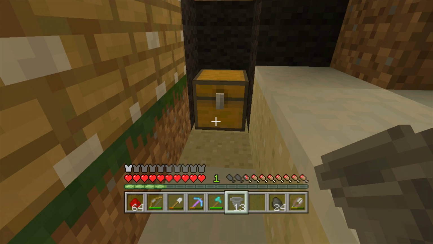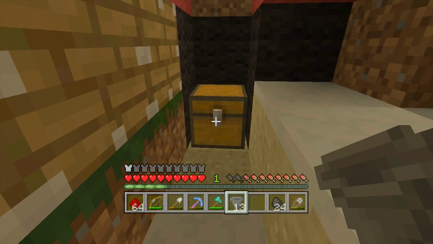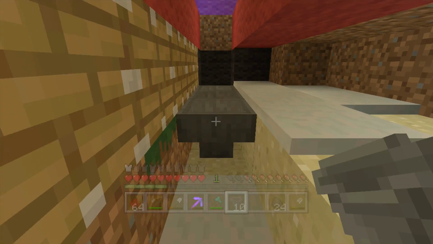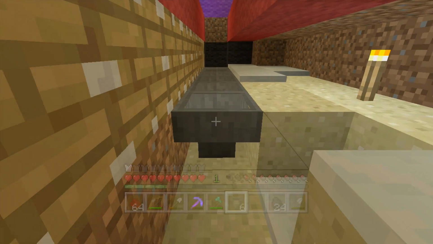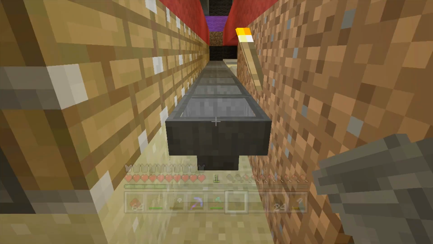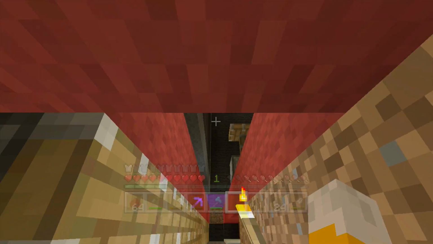to do a hopper. And so what I need to do is I need to crouch, I need to face the chest, and then when I place it, you can see it's kind of targeting into the chest. Then I just need to do the exact same thing in a row the entire way along here like this. And what this means is that if I put anything into any of these hoppers, it's going to go all the way along to the...